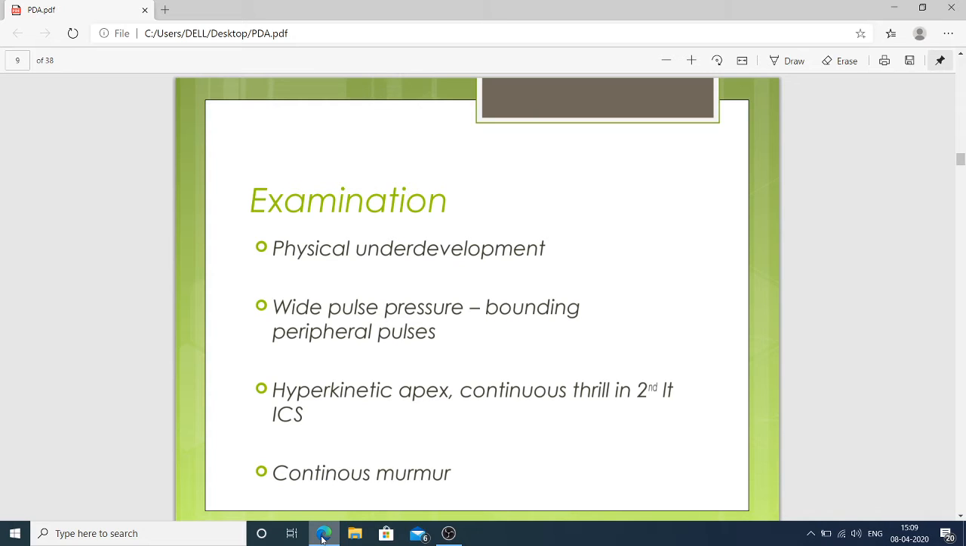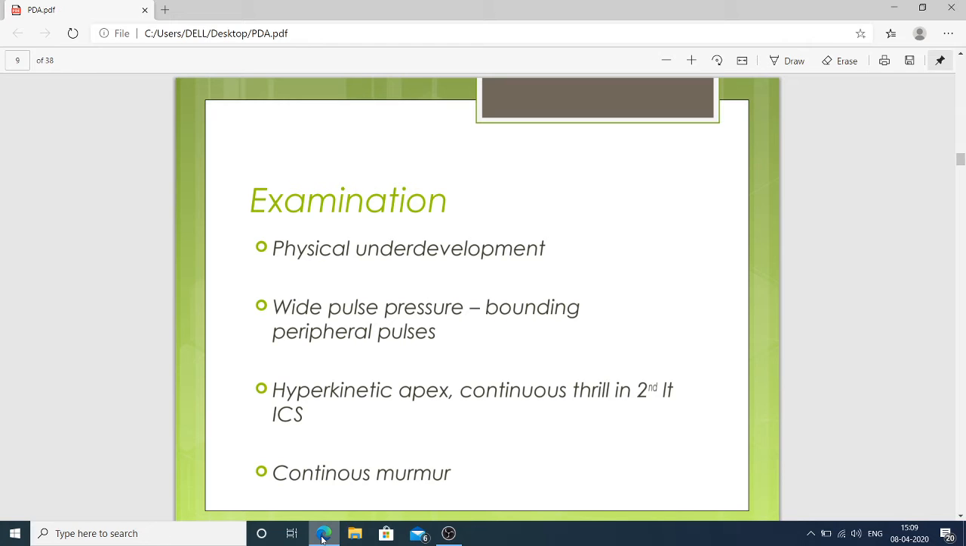Wide pulse pressure and bounding peripheral pulses. What is the meaning of wide pulse pressure? Actually, wide pulse pressure is a high pulse pressure. There is a large or wide difference between the systolic pressure and the diastolic pressure. Then